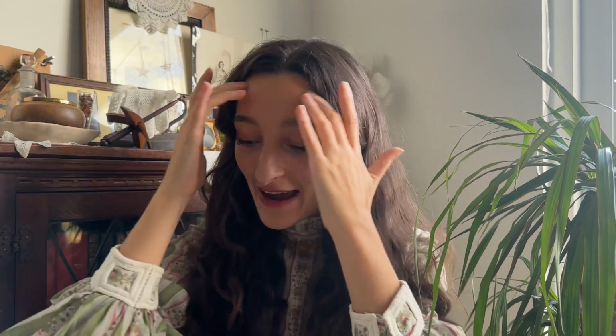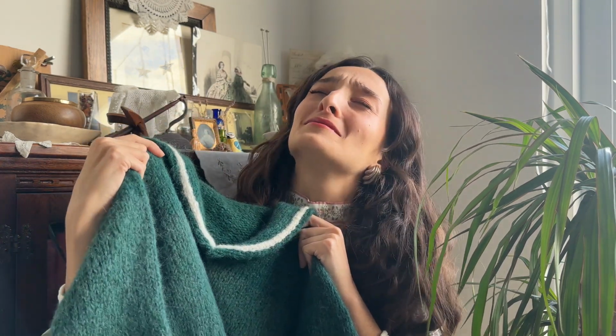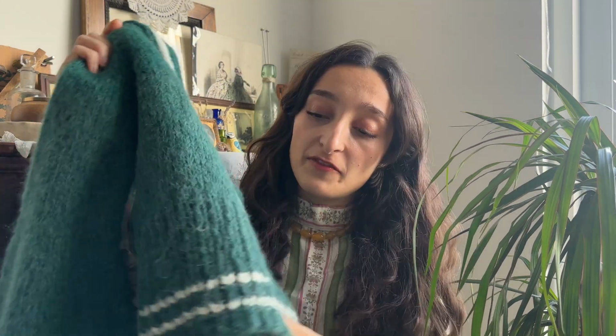I'm back! And I have finished it! It's here. It's so beautiful. I love it. It turned out so nice. I love everything about it. I love the fact that it's cropped. I love the color. I love the fact that even if there are two dye lots, I still love it